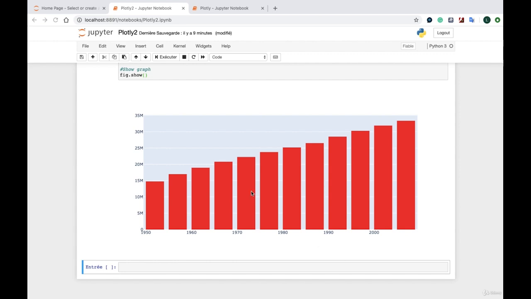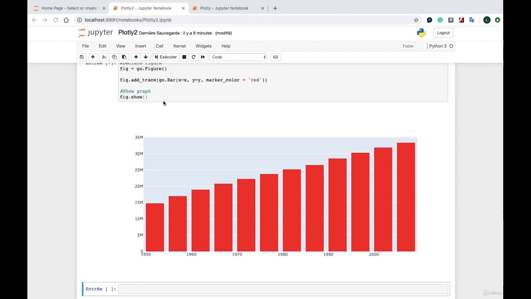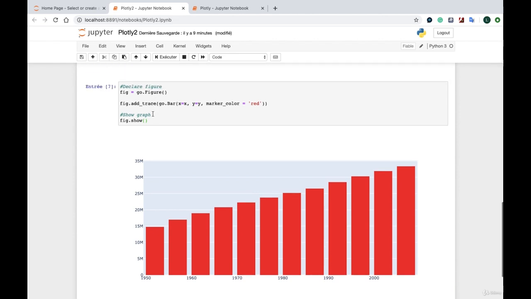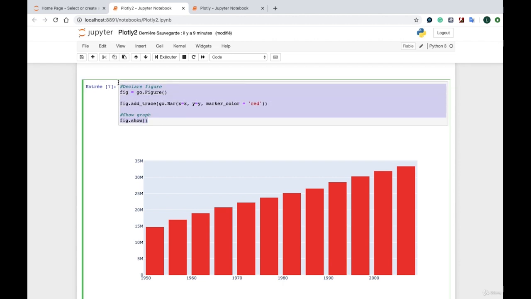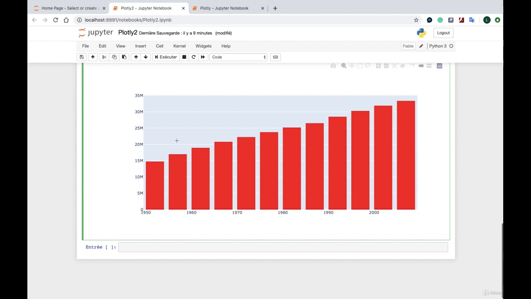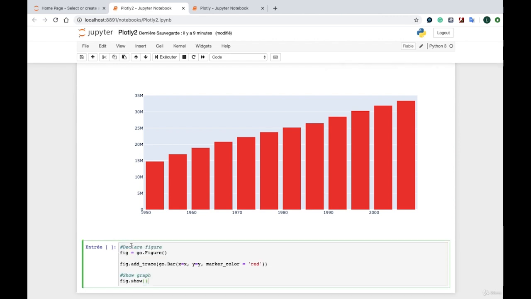Okay, a last intro argument that I want to show you. When I talk about intro arguments, I repeat, it's arguments which are inside the function bar in this case, or inside the function scatter in the previous video. But yeah, okay. And now let's add another intro argument, which is very interesting. Mainly if you have clients, if you want to be more sharp about your data, what you can do, you can just add